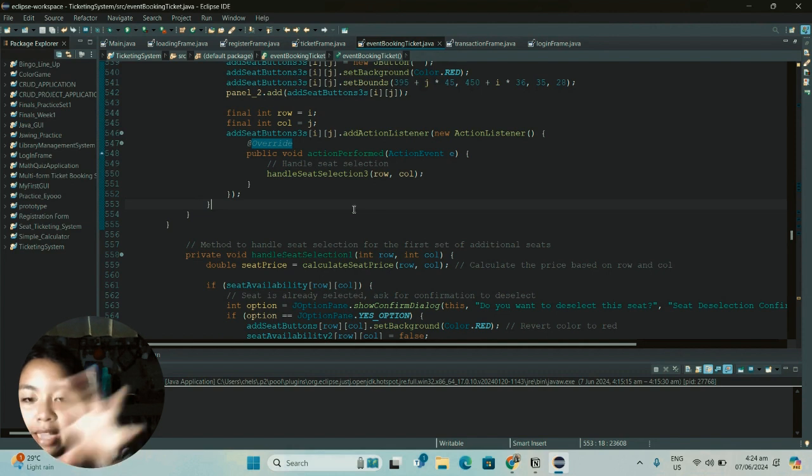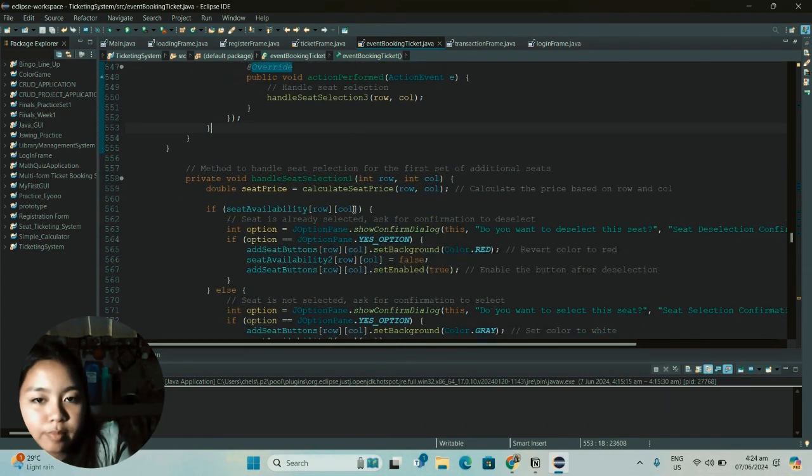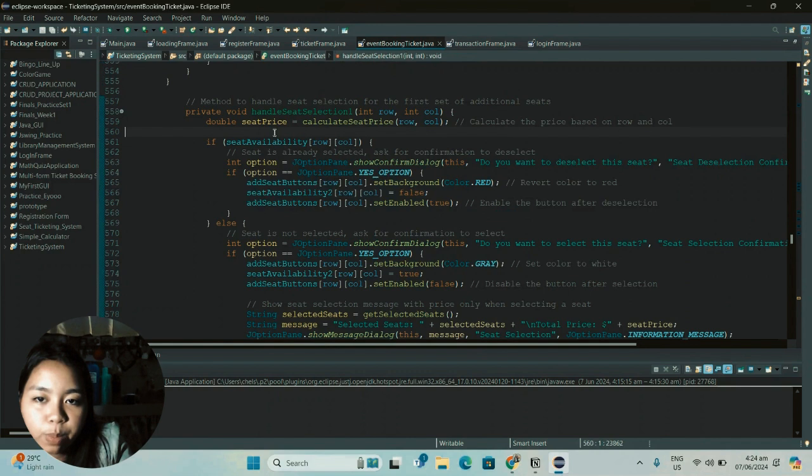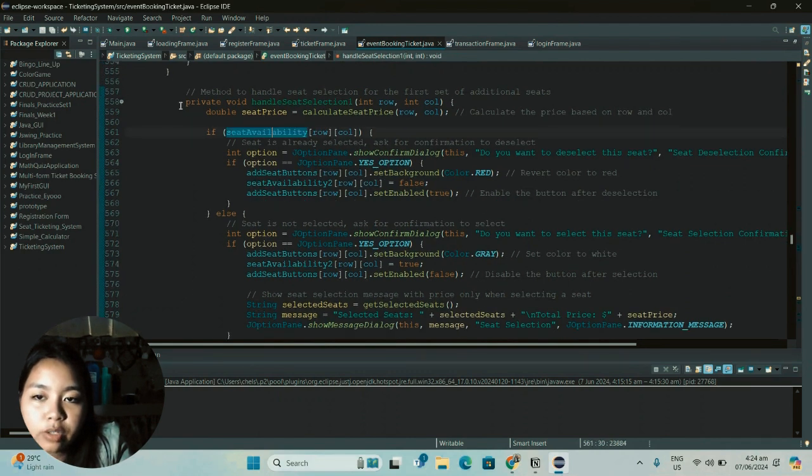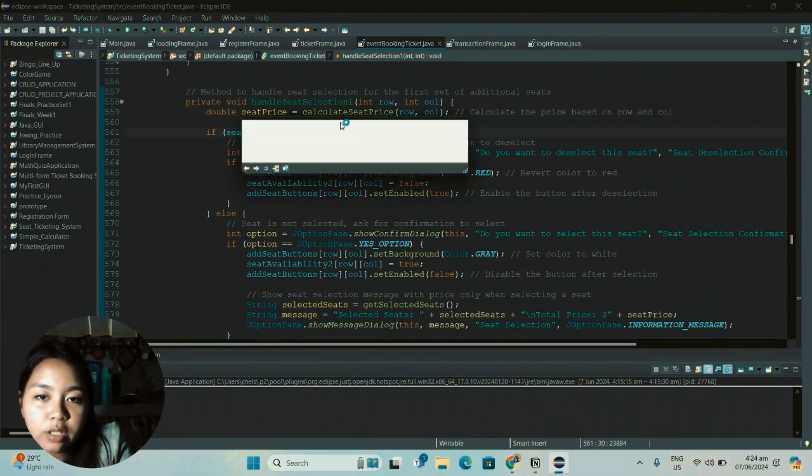It is divided into different parts of arrays to handle the seats. And also this is the handle seat selection.